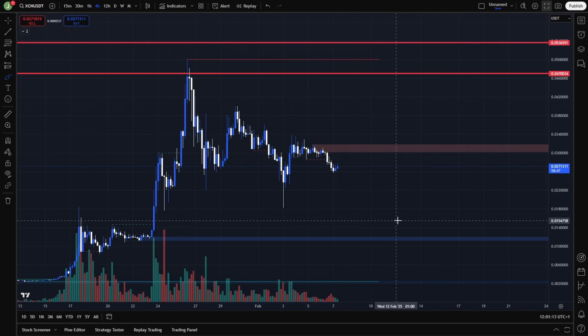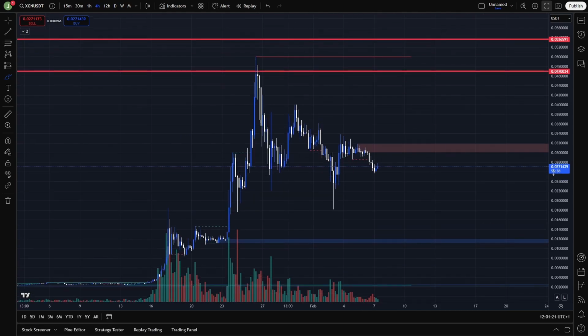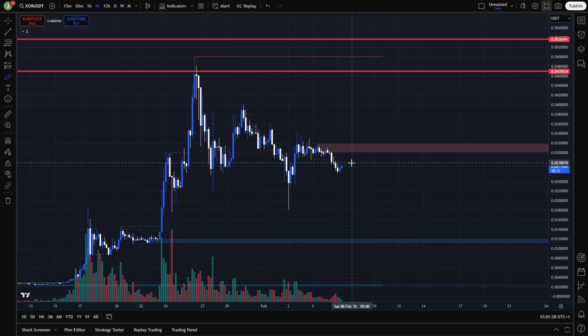If we do, the next target is this bullish order block area, which is between level 0.01211 and 0.01112. You can see that the traded volume is starting to be really low. So for the next pump, I want to see here a breakout and then support confirmation of this bearish order block area. This bearish order block area is between levels 0.03179 and